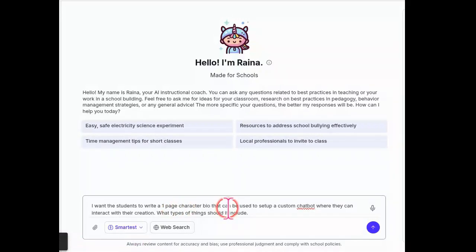to write a one-page character bio that can be used to set up a custom chatbot where they can interact with their creation. What types of things should it include? So basically, what I'm hoping to do is have the students write a Google Doc that we can upload into Magic School in the character chatbot, which gives it the character that the students will interact with. So they're creating their own